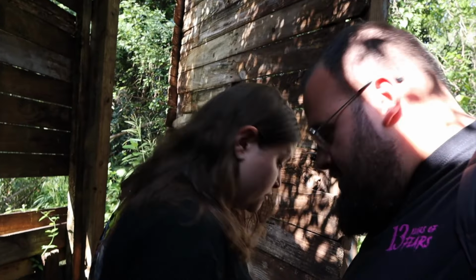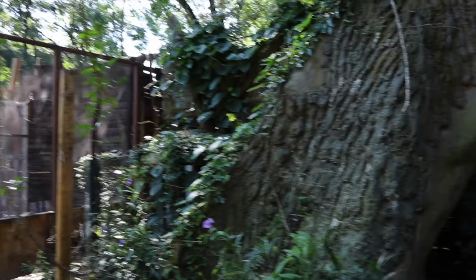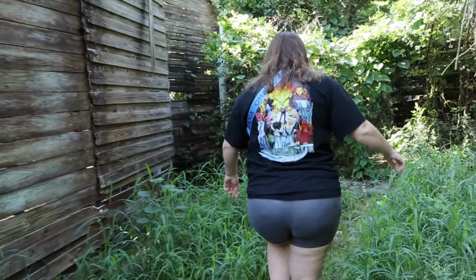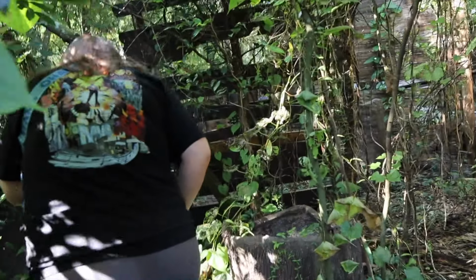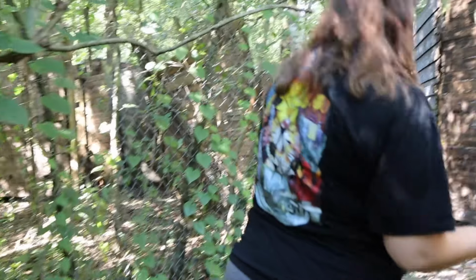After exiting costuming, we are now going into the trail, and you can hear they're actively working. So, let's go explore. You can actually see them working on the trail right now. We're kind of walking through the jungle here. It's kind of exciting stuff. Alright. Let's go explore the ocean. Well, it's not the ocean, but...